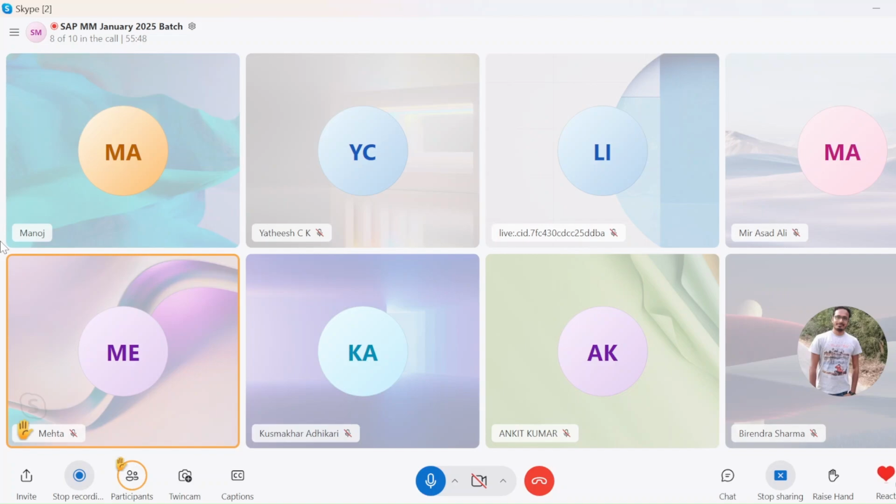Okay, so if you guys have any questions, you can ask. Yatish, Ashad, Mehta, Ankit, Viren, Gaurav, anyone, if you have any question, you can ask. So far, whatever you have explained, it's quite sufficient.